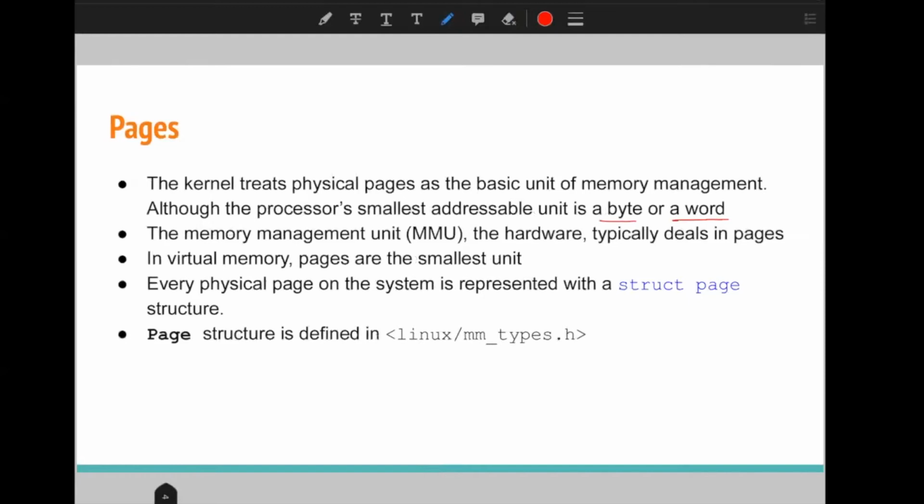So the kernel deals with the memory in page sizes. So we need some structure to represent the actual pages, which we call physical pages. For that purpose, we have a structure called struct page, and it maps the physical pages to the memory management unit that the kernel can use.